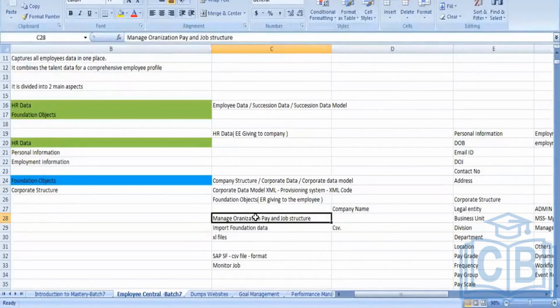When you go into Manage Organization, Pay and Job Structures, select an object, click on Create New and select that object, a form opens. In that form, you will find various fields. You fill in the values and click on save, and the record will be created. But where those fields come from, the place where the object is being defined,